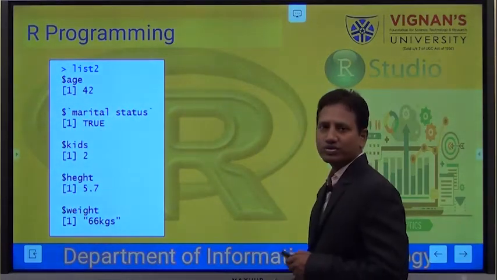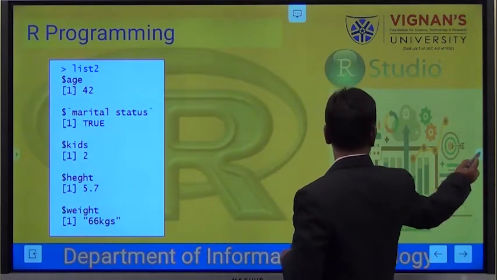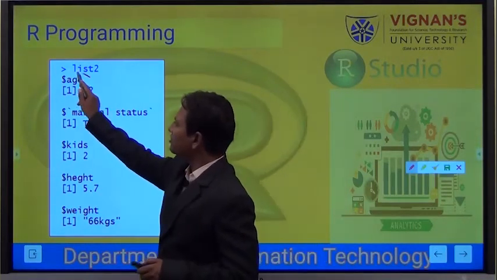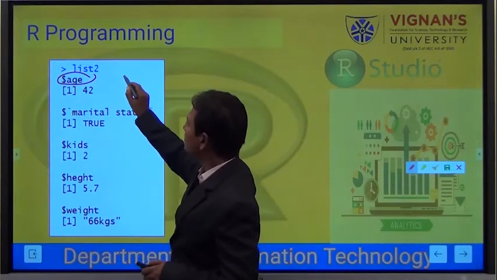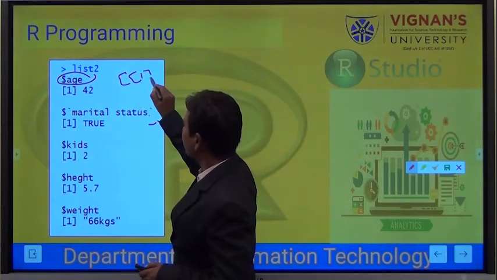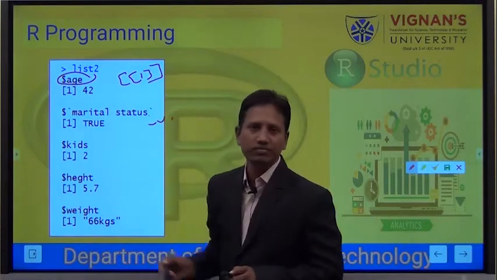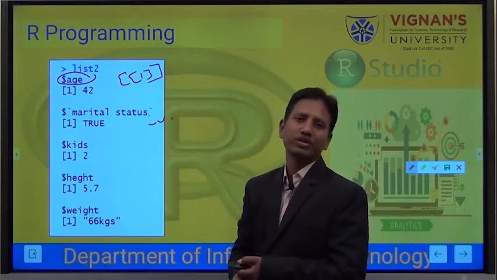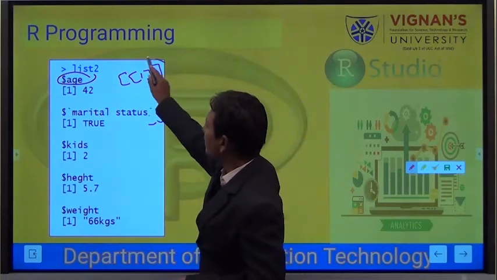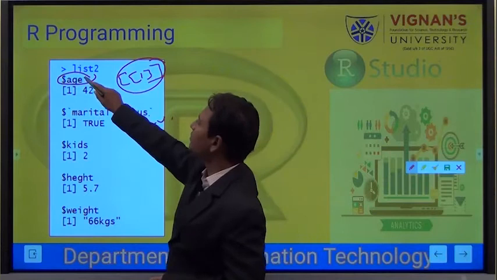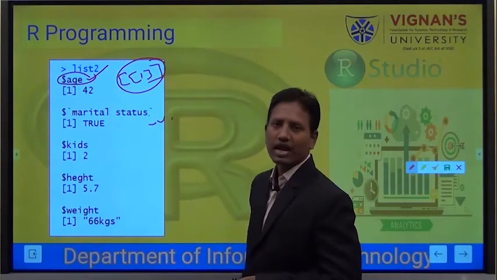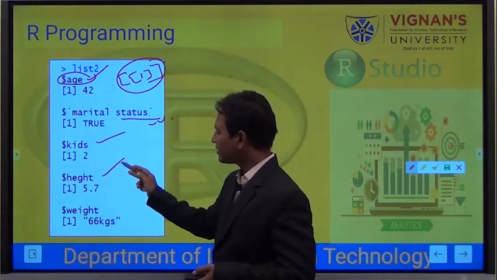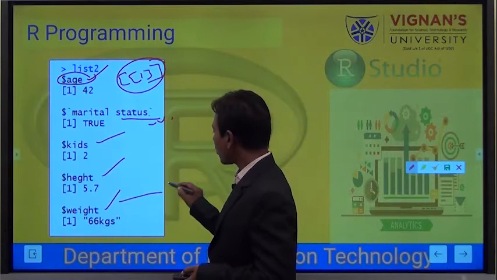If you see the output, you are going to see it in a different manner. Previously, at this position, we got this one. That is list item 1. Now we have given a name to that item. So this is replaced with the name age. And next is marital status and kids, height, weight. These are all the column names.